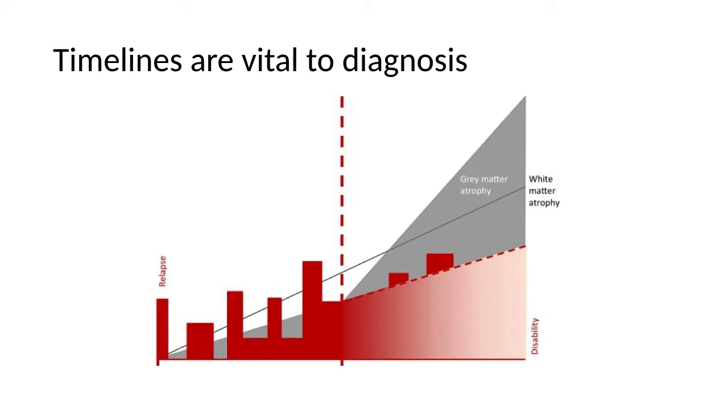So, as you can see, different timelines and different tempos give you an idea of what the pathological process could be. So that's about the presenting complaint and the history of the presenting complaint. And then the rest of the neurological history is quite the same. So you still need to take the medication history, the history of allergies, the family history, their own past medical